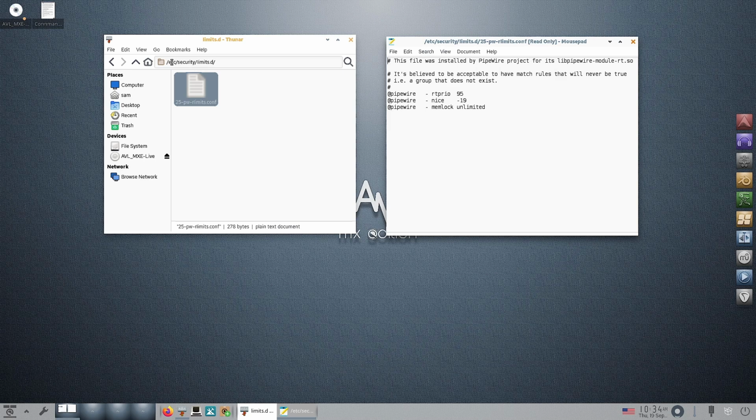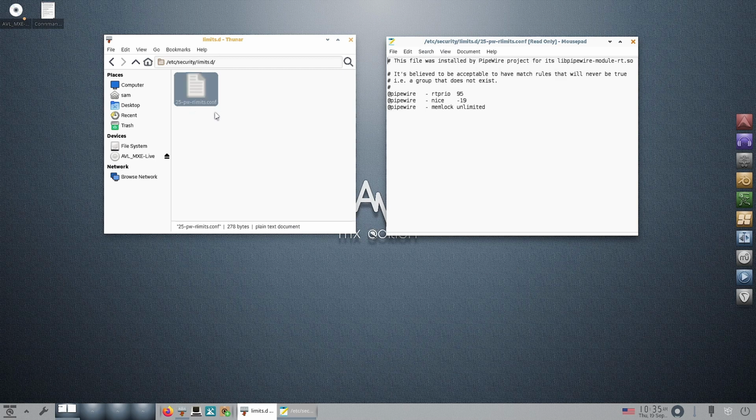It is in the system folders, that is, in /etc/security/limits.d. All the system configurations are lying in the etc. So etc is a system configuration folder. All the configuration files, scripts, everything is available in the etc folder. You can change or tweak those scripts using root privileges by accessing the scripts inside the etc. So inside the etc folder, you have to go to security and then open the limits.d